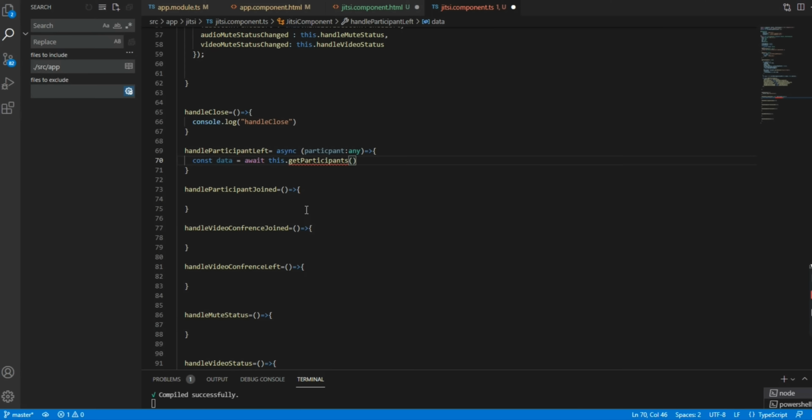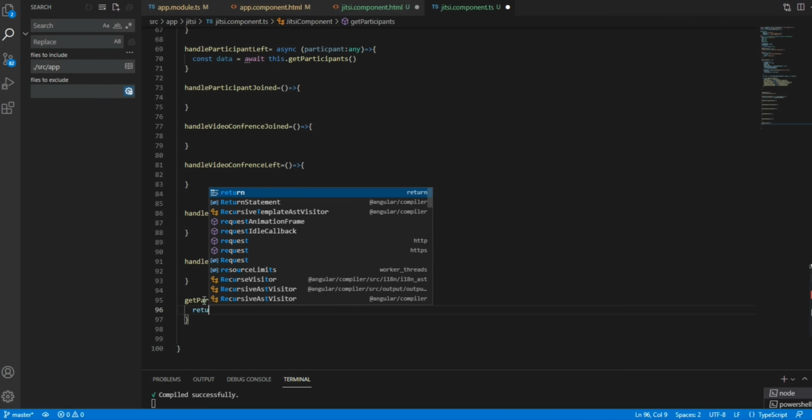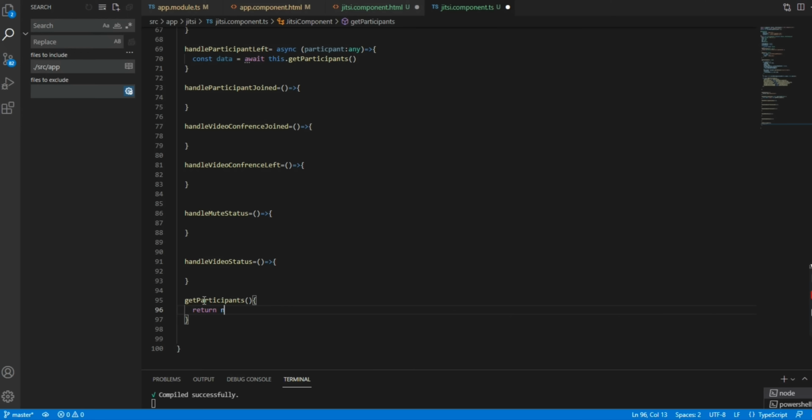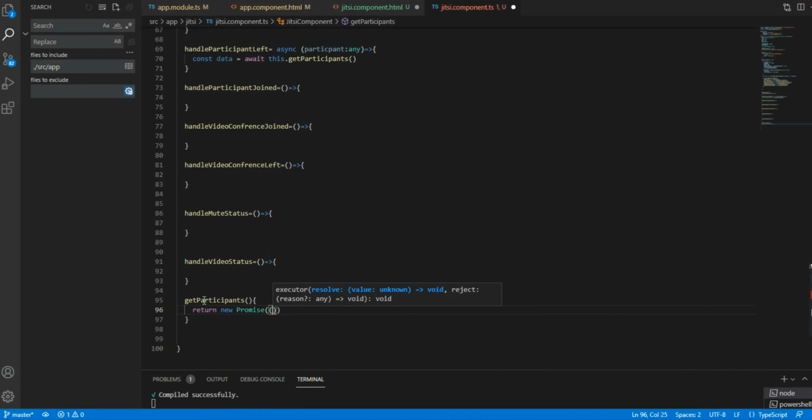this dot get participants. Friends, I'll let you know, actually we write a function here, get participant.